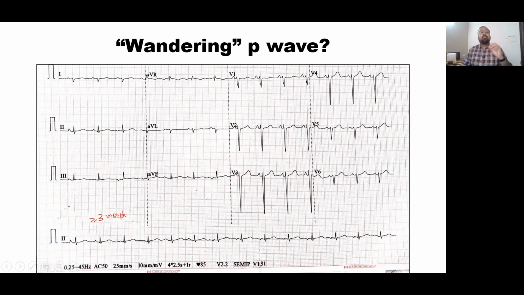This can happen when there are multiple different active foci in the atrium and the depolarization occurs from one of the foci at a particular time, and the focus keeps on changing. So this basically is called a wandering atrial pacemaker. If such a patient goes into tachycardia, in which the heart rate becomes more than 100 per minute, this condition is more commonly known as multifocal atrial tachycardia, in which you see different morphologies of the P wave and different PR intervals, along with an irregularly irregular rhythm.